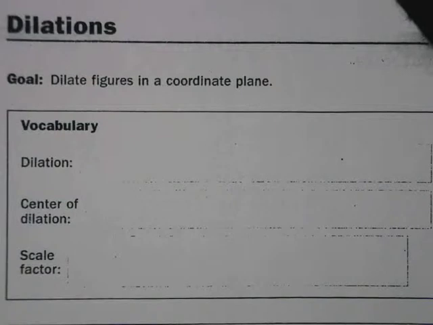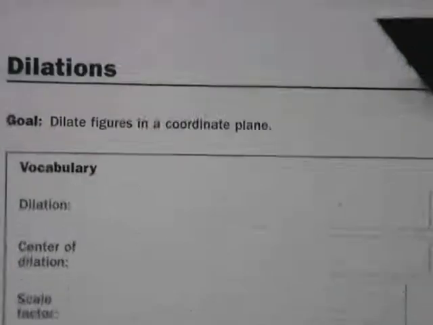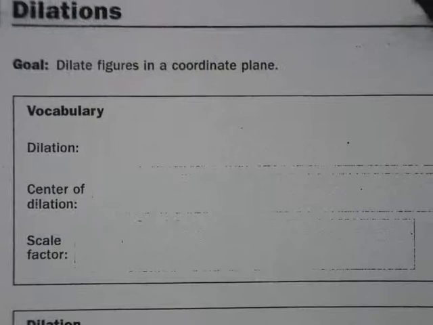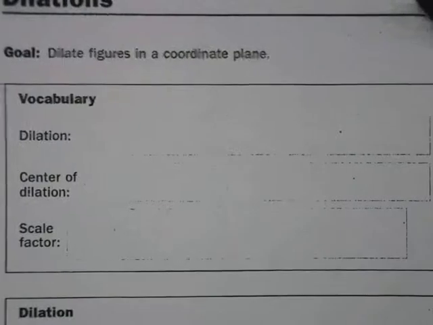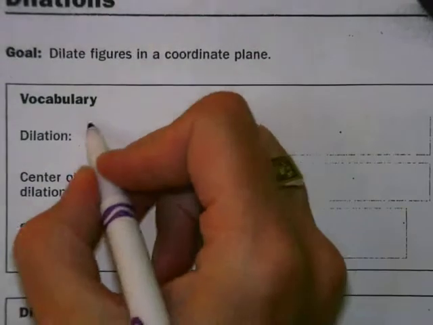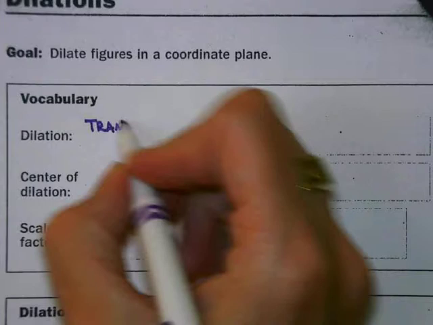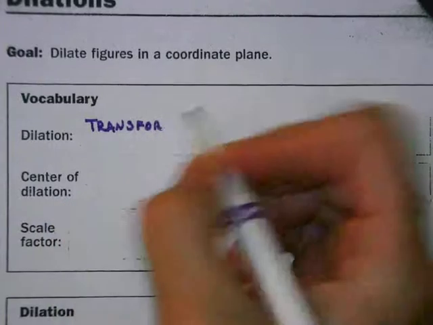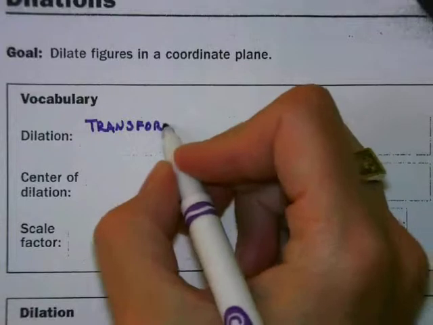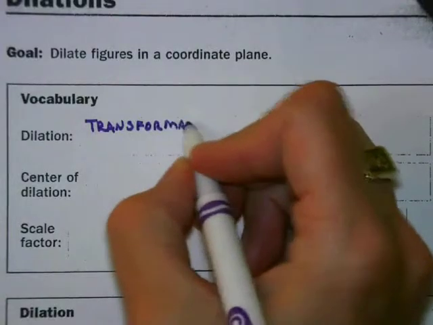This video goes with lesson 13.7 in your notebook, which is all about dilations. First, we need to define some vocabulary here. In math, the term dilation refers to a specific kind of transformation. Remember, a transformation is where we take an original figure and change it into a new image. So it's a type of transformation